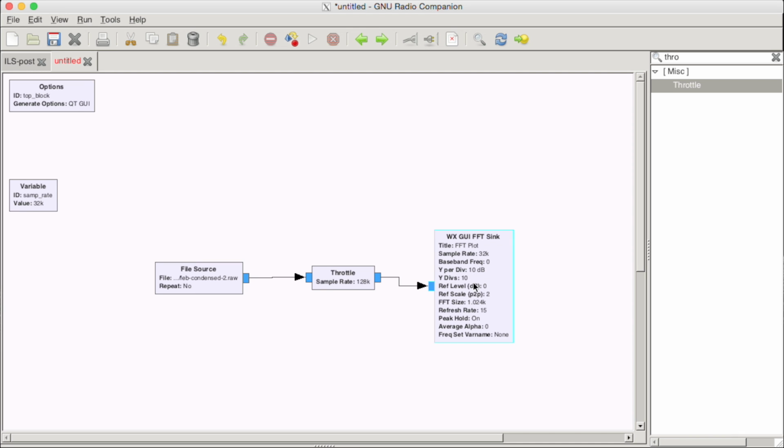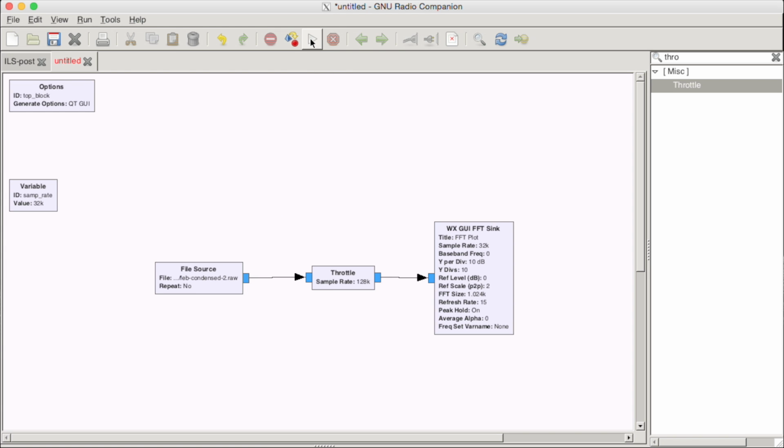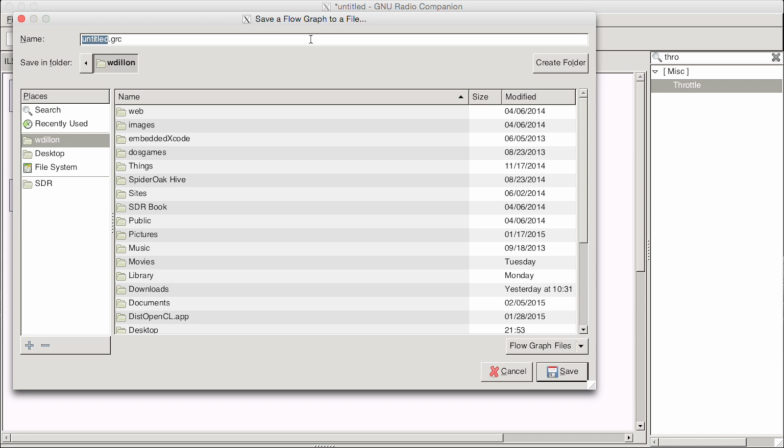The throttle is set for 1 because if it's not throttled, then it just pegs your system and it's hard to do much else. But I also have set it to 4x real time, so we don't have to sit around and wait for the full duration. It's about 20 minutes long, so this will take it down to 5, and I'm going to obviously edit it down to be even shorter. So we're just going to call this